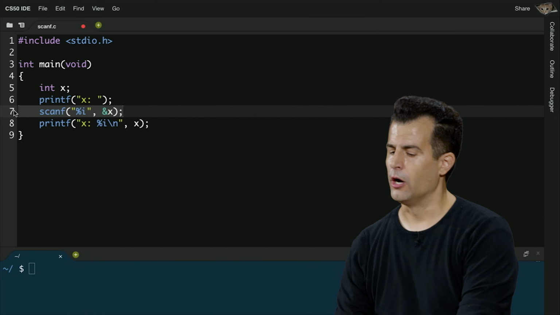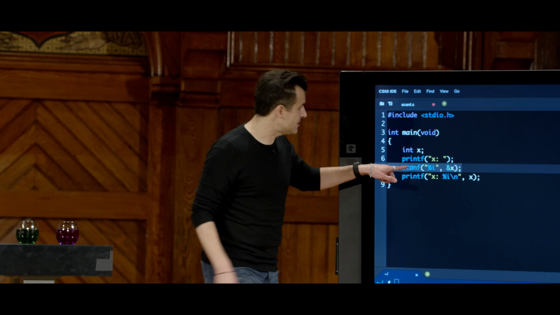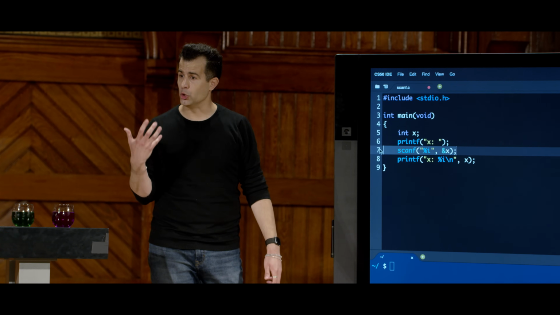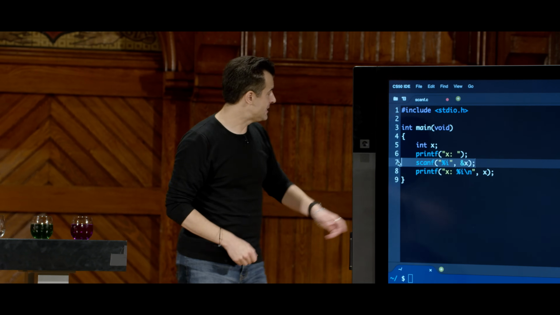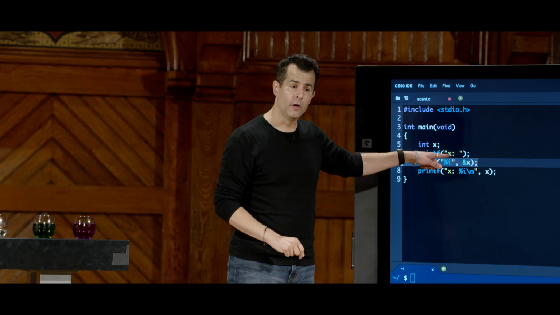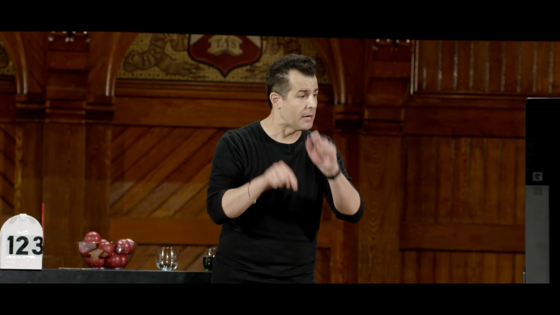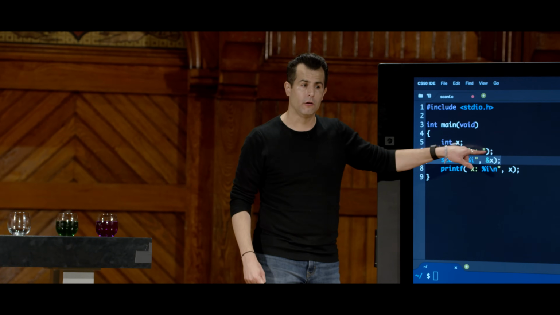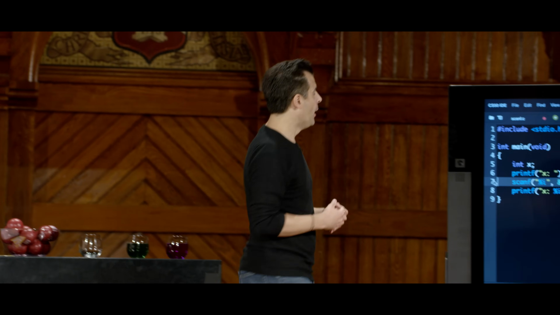So what's new here? It's this line here. If we did not have the CS50 library and, in turn, the getInt function, this is the line of code you would instead have been using since week 1 to get an integer from the user. It's up to you on line 5 to declare the variable, like x an int. It's then up to you on line 7 to pass the address of that variable to scanf, because scanf's purpose in life is to give the human a blinking prompt. And provided the human types in a number and hits enter, that number will get stored at that address for you.